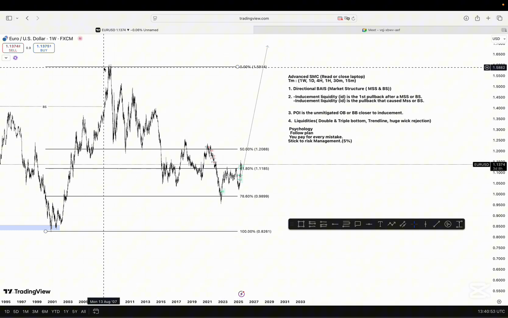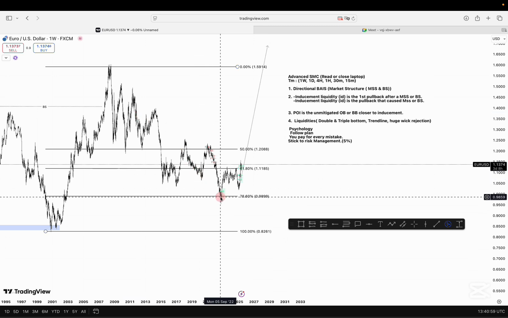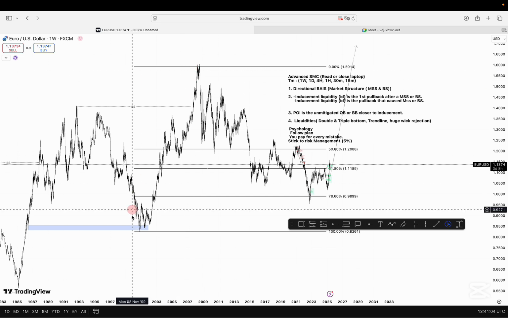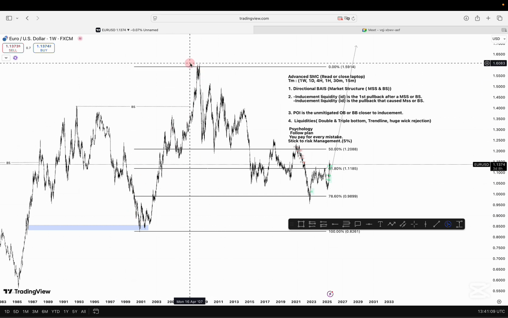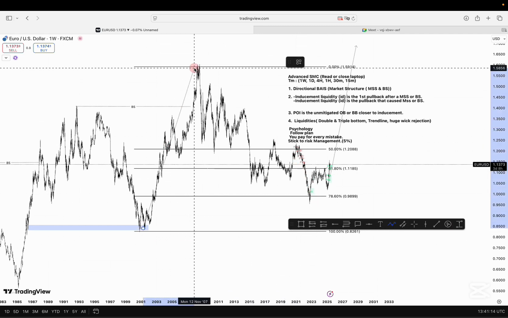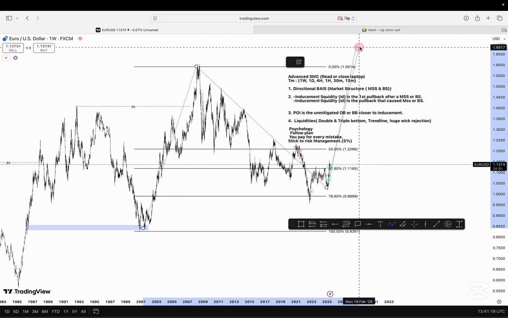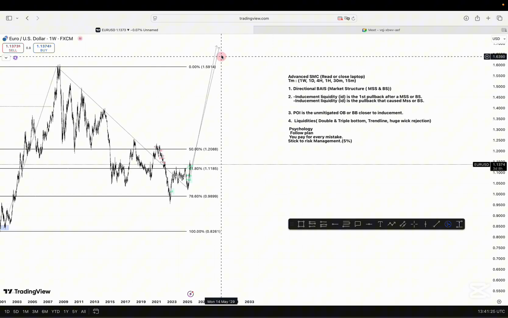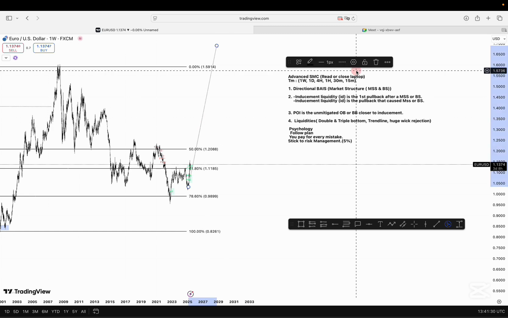Let me use this from here to here. It's a pullback because the main swing of the pair is this one, but this is what we call pullback. So we have impulse, this is impulse, and this is correction. So it is likely that price can give us another impulse again, but it isn't going to be any moment. It's not going to be now. It will take time,